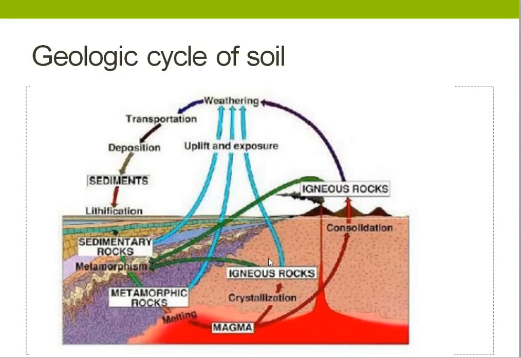Igneous rocks are formed from the crystallization of molten magma. Igneous rocks then further undergo metamorphism under extreme temperature and pressure and convert to metamorphic rocks. Both igneous and metamorphic rocks may later convert into sedimentary rocks. That is a part of geology, which you might have studied in previous classes.